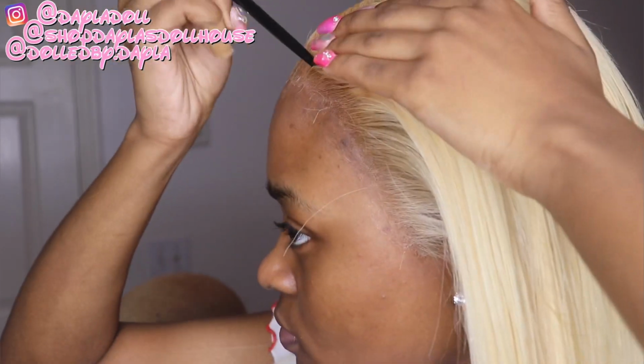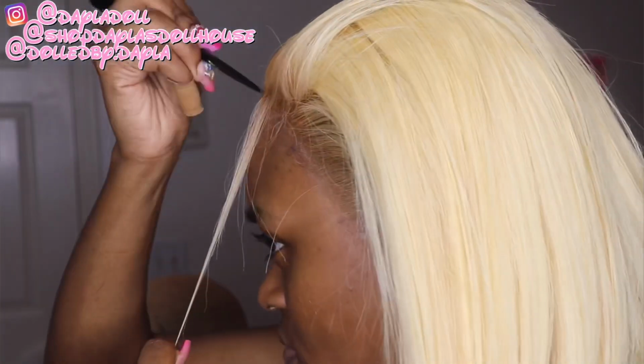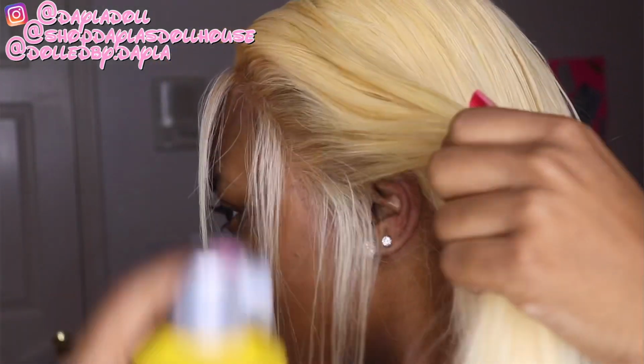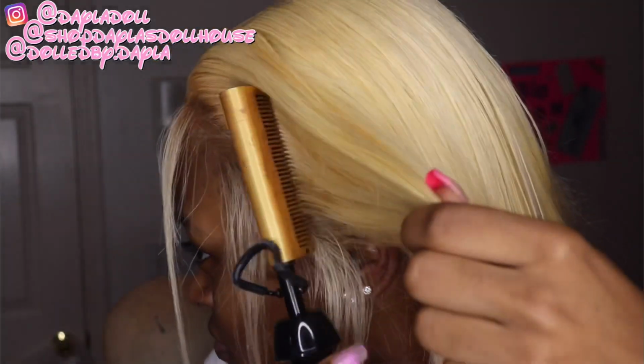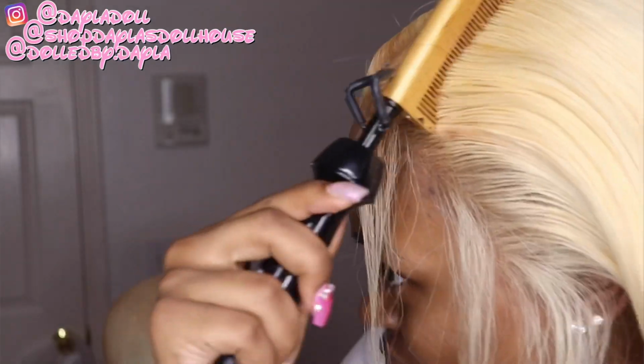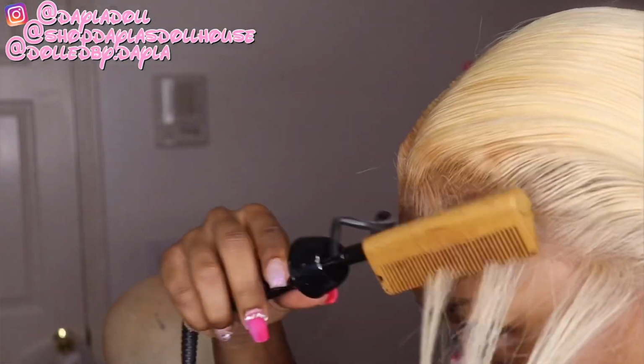I'm doing the baby hairs, I just take small sections of hair out of the hair where I want my baby hairs to be. And you want it to be thin and you want it to be short. So I should have plucked them a bit more, but they still turned out right because I wanted extra baby hairs because this is 613 hair. So baby hairs on 613 hair don't really pop up unless you make them and use a lot of hair. So I used more hair than I usually would if I was styling a natural black or natural brown, you know. So I just used the hot comb to flatten the hair back, get it out of my way,